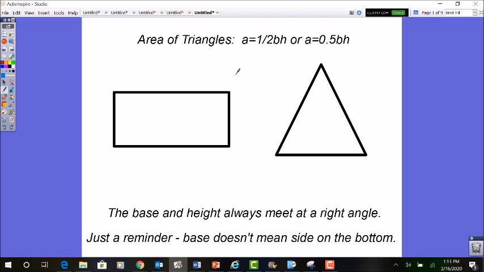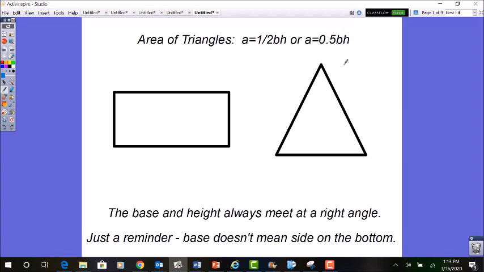So for Math 6 we've been focusing on geometry. Today, the first lesson we did was area of parallelograms, and so today we're going to focus on area of triangles. Okay. Now if you see up here at the top of the screen we have the formulas that we're going to do, which is area is 1/2 base times height, or the decimal version of 1/2, so area equals 0.5